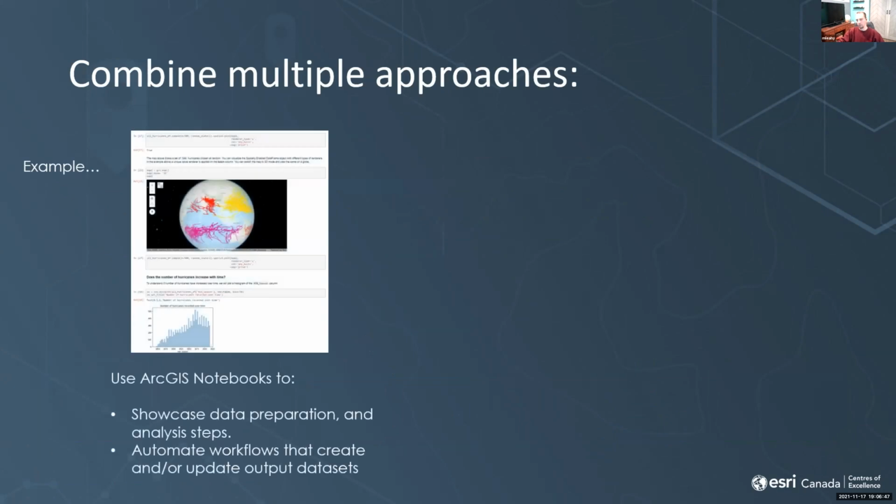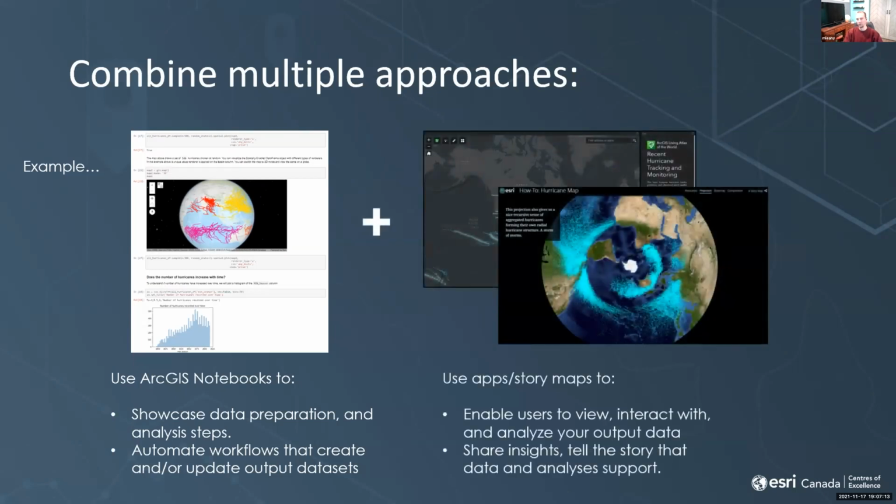So if you were to do a whole bunch of analysis and you build your workflow and narrative and documentation in an ArcGIS notebook, which you could host in ArcGIS Online, or have it in our GitHub repository, and you can see the rendered output at the end of it. That can be part of your project's backstory for what you've done to prepare your data and develop your application. And that can be combined with simple configured web maps and app templates in ArcGIS Online, and the two together would create the story that your team is building.